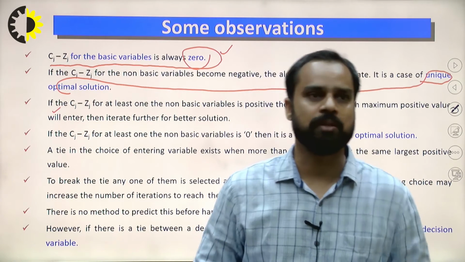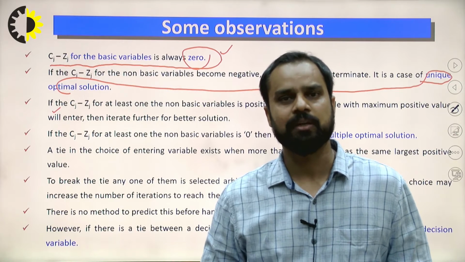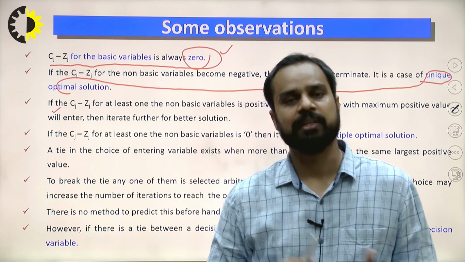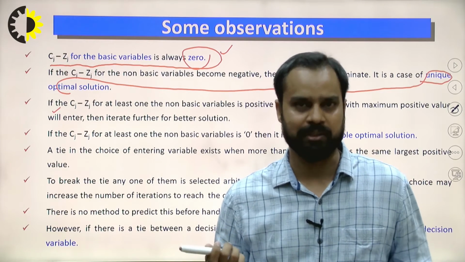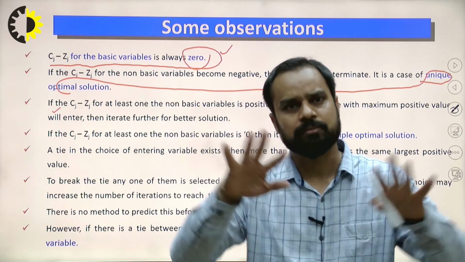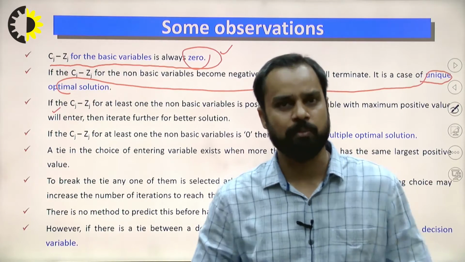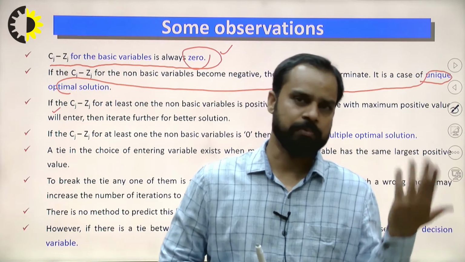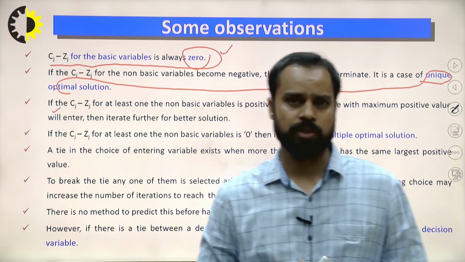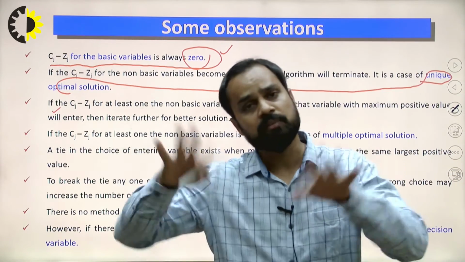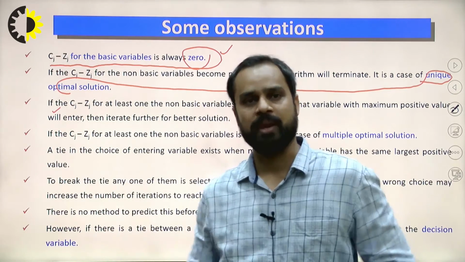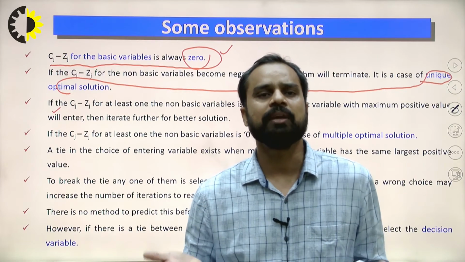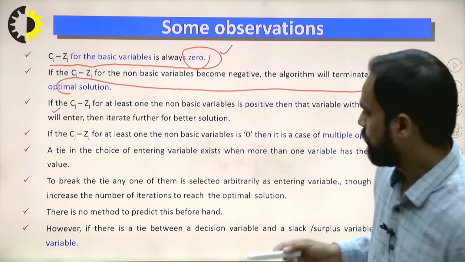I have already discussed the unique optimal solution problem, right? Whatever problems I have solved till now all belong to the unique optimal solution, either solved with the simple simplex or the Big M method. So in this class, we will discuss how to identify a multiple optimal problem in the simplex method. Just like in the graphical method, we have seen unique optimal solution, multiple optimal solution, unboundedness and no feasible solution. In the same way we have to identify all the aspects of the LPP problem in the simplex method. I will discuss how in today's class.